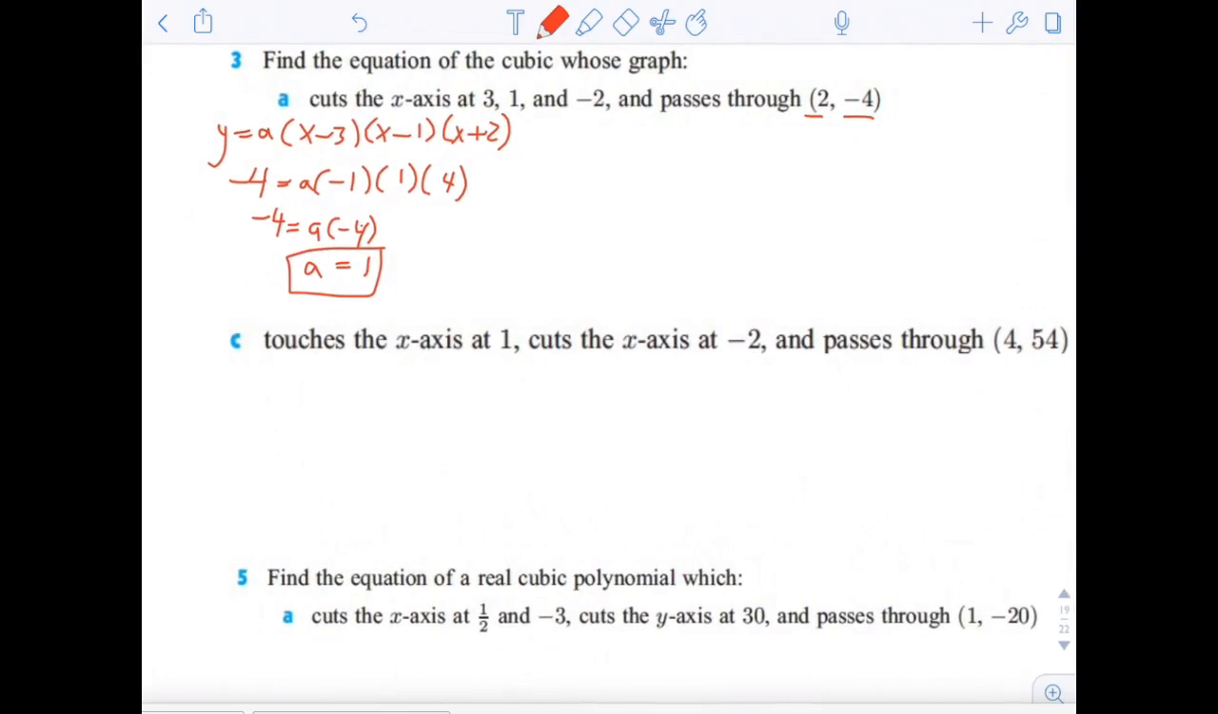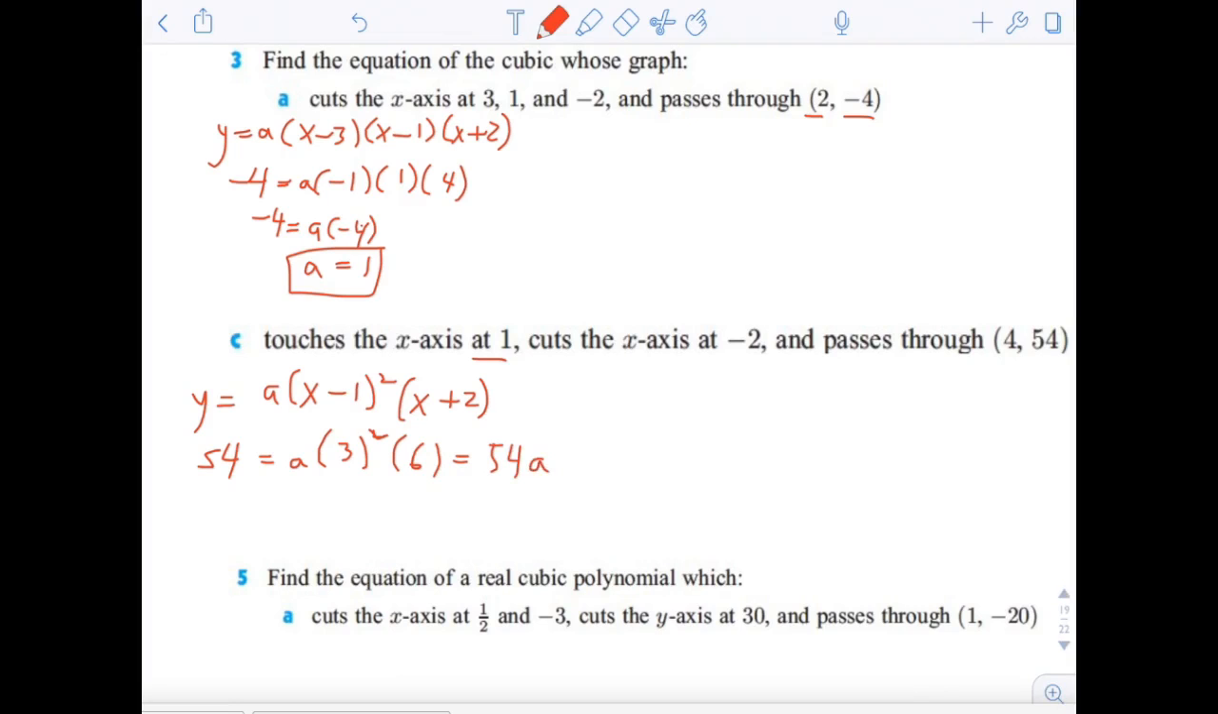3c. Touches the x-axis at 1, so that means it's a double root at 1, so (x - 1) squared, cuts the x-axis at -2, so (x + 2), and that would be a, y equals, and then it passes through (4, 54), so I'm going to put 54 in for y, and I'm going to put 4 in for x, so 4 minus 3 is 3, 4 minus 1 is 3 squared, 4 plus 2 is 6, so that is equal to